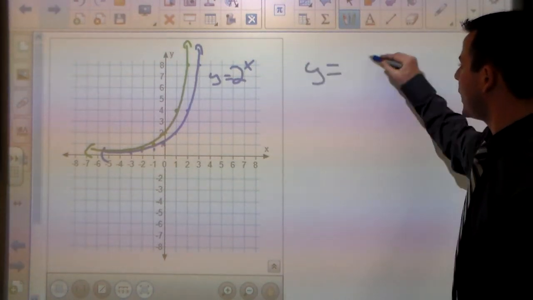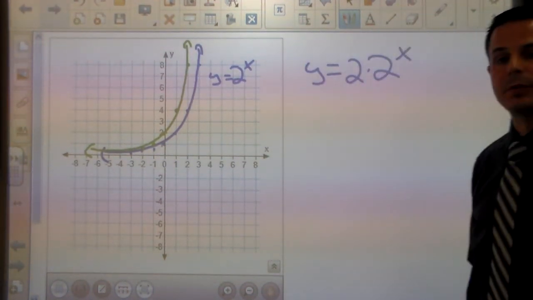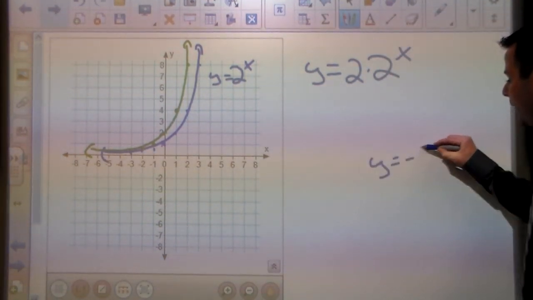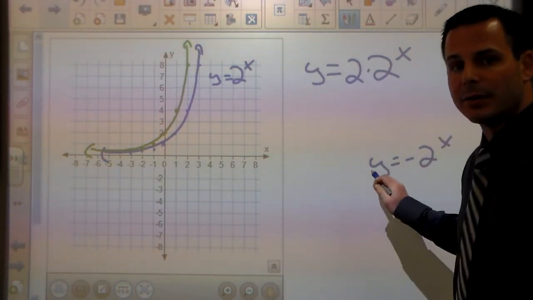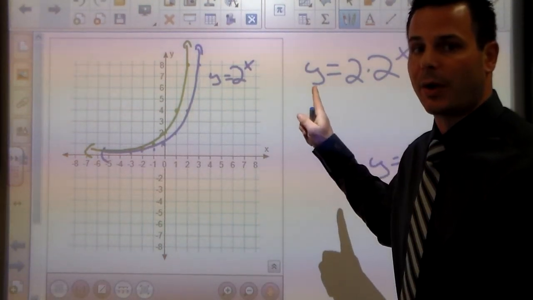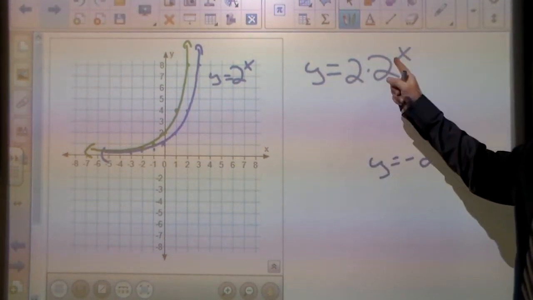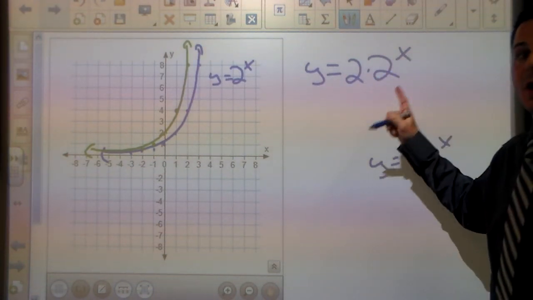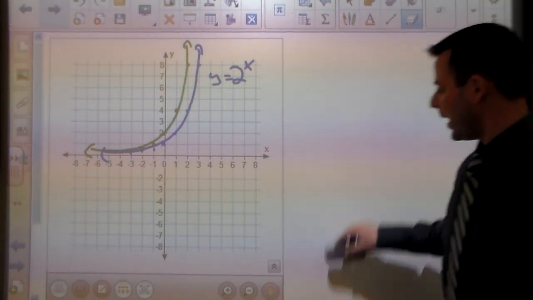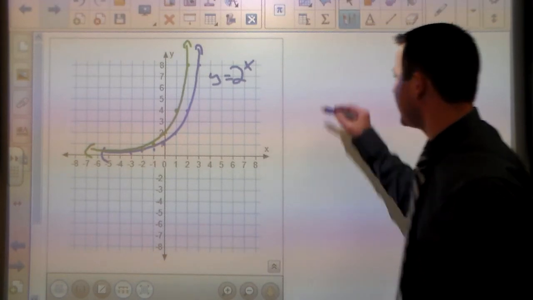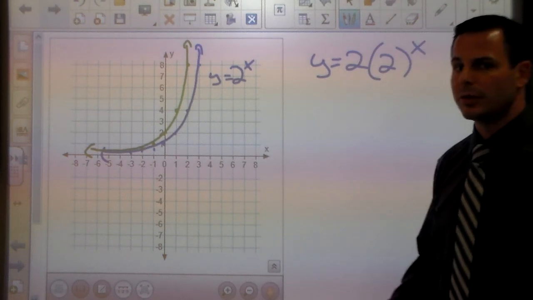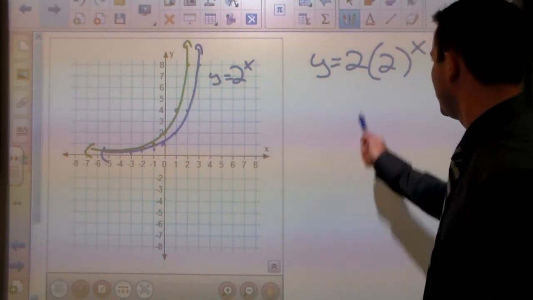We started with y equals 2 to the x power, but now we're multiplying by 2. Most important thing here, just like y equals negative 2 to the x power, you cannot combine these before you raise it to the exponent first. Same thing here. This is not y equals 4 to the x power. This is y equals 2 times 2 to the x power. You cannot multiply these things first, which is why it's important to use parentheses when you're trying to express a dilation. And as we continue with some applications of exponentials, you'll see where this applies. 2 times 2 to the x power. So let's just compare this to compound interest. Initial amount